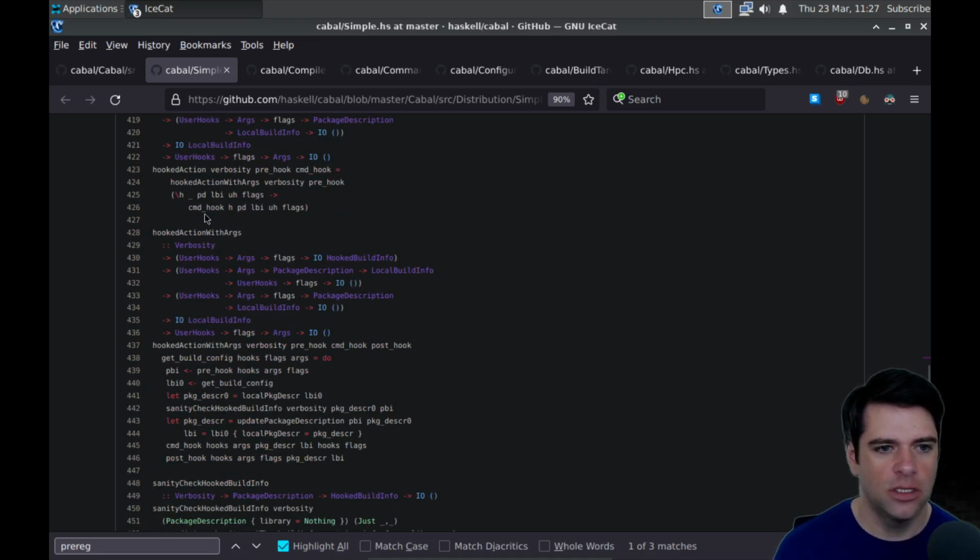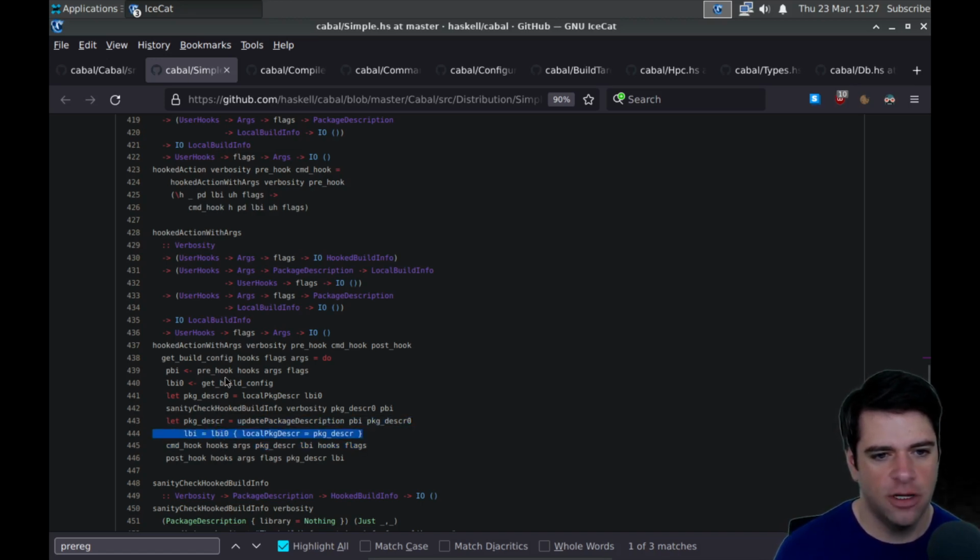So let's look at hooked action with args. What does that do? The last line is post hook hooks args flags blah blah blah, and the line before that is command hook hooks args blah blah blah.